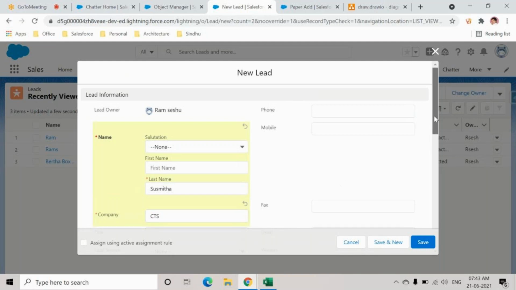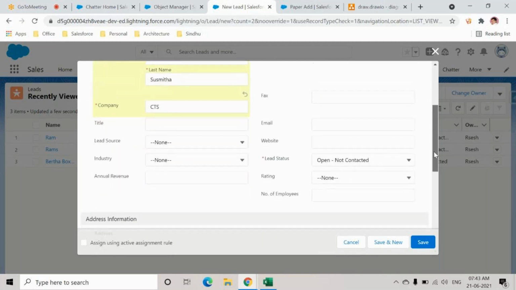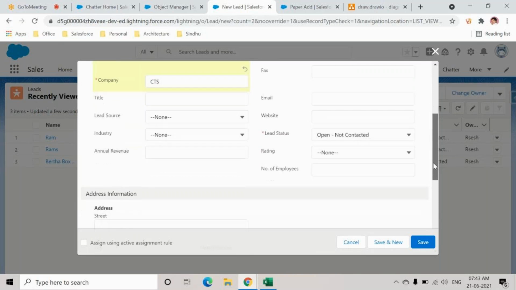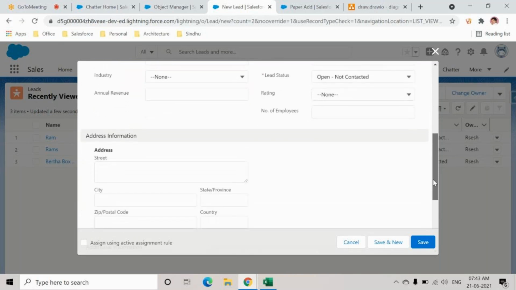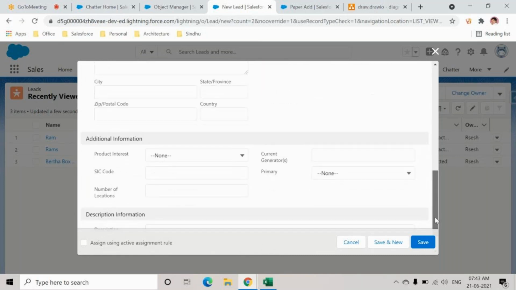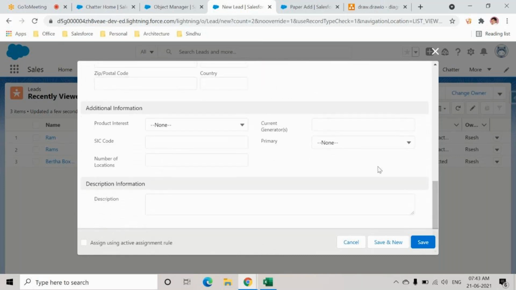And if I scroll down, there are a few fields which are mandatory and a few fields like name, website, email, number of employees. If the lead gives, we can take it. If not, we can leave it. If I scroll down to the bottom completely, this is where she'll ask for the product details. Actually, we can create our own custom fields also.